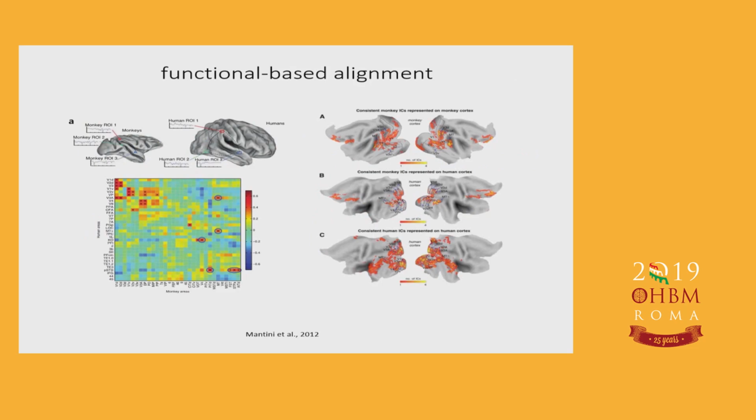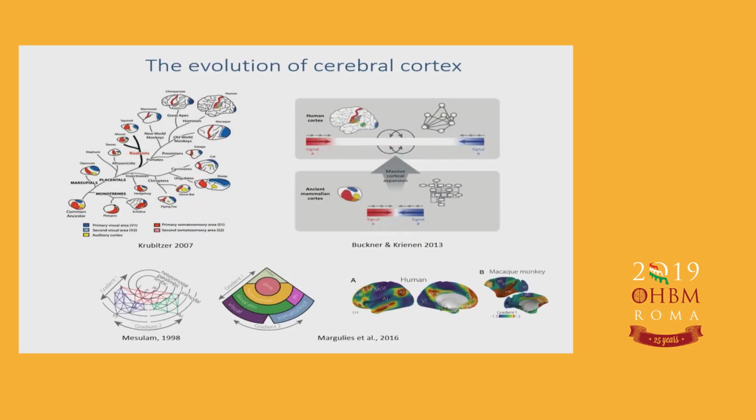From a functional perspective, Dante Mantini proposed this movie paradigm by playing the same movie to macaque monkey and human, and trying to align the monkey brain and human brain by the activity fluctuation while they are watching the movie. But as you can see here, those methods were limited to awake monkeys and also limited to visual cortex. So the question becomes how are you going to align the human and the macaque based